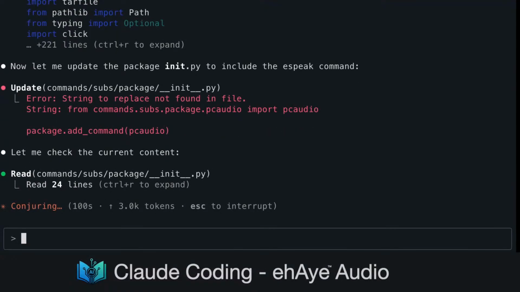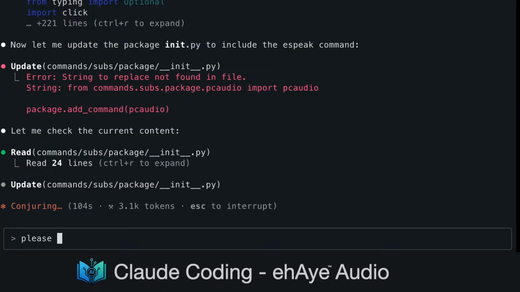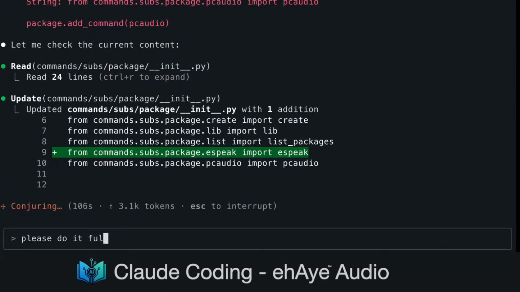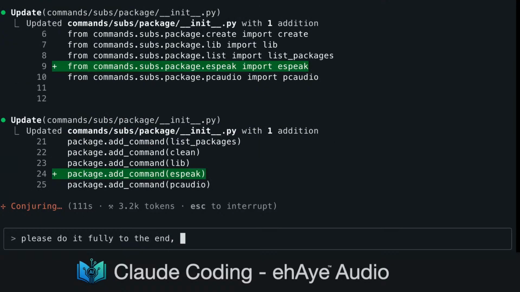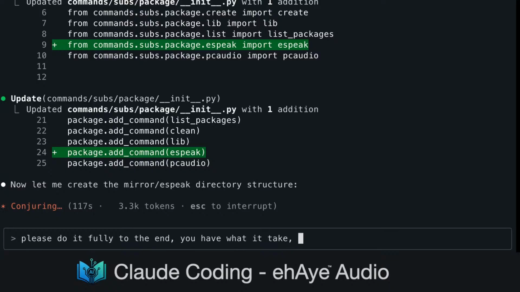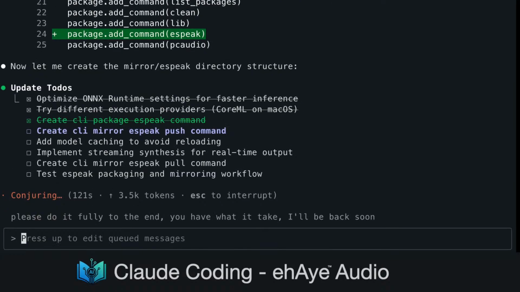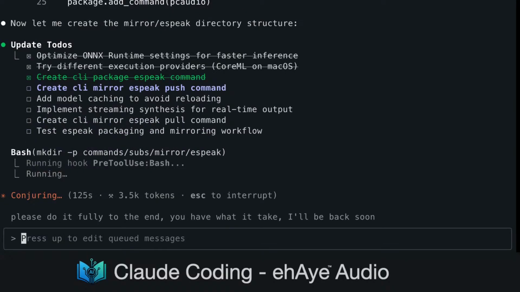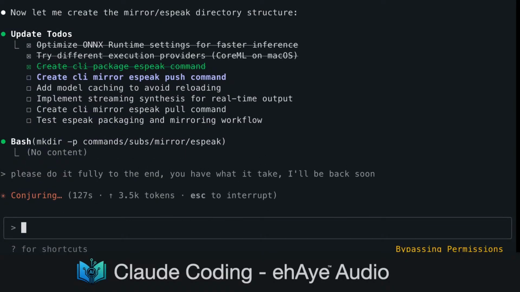Let me check the package init file. Now I'll create the mirror speak commands. Create speak mirror directory.